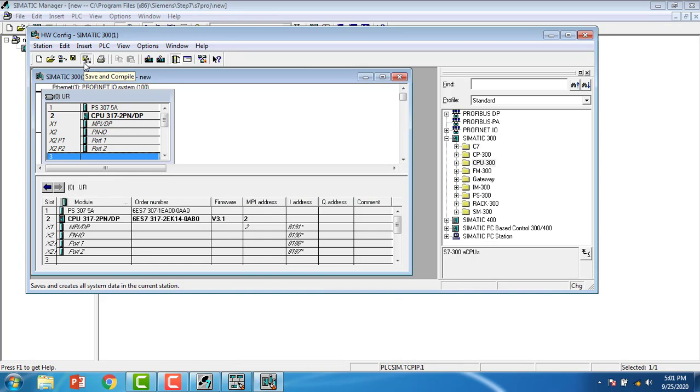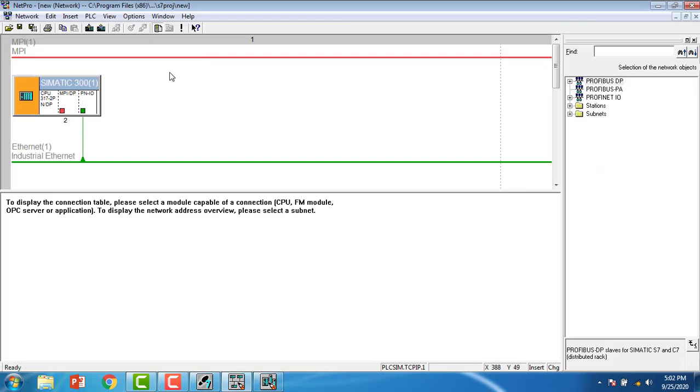Click on the save and compile, and I've saved the current thing, and go to the network configuration. I can see the Ethernet is connected with the PLC.